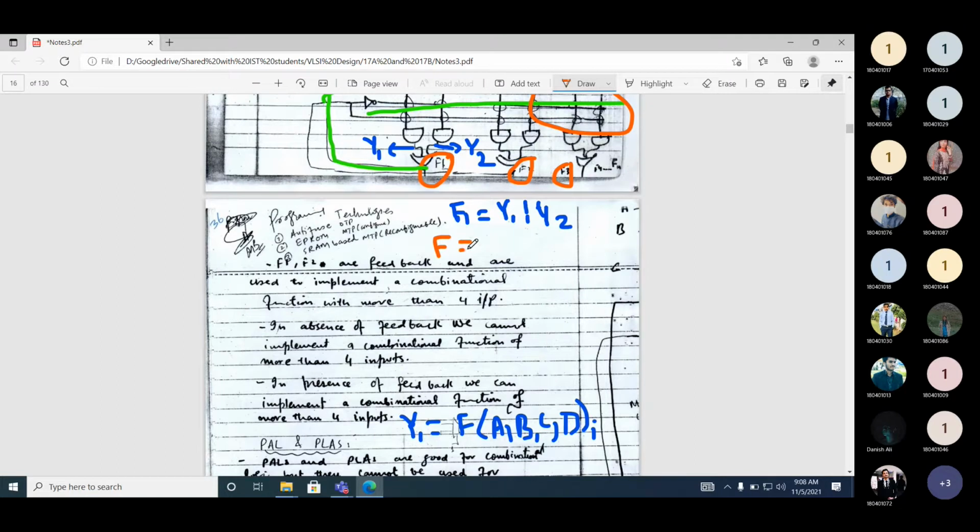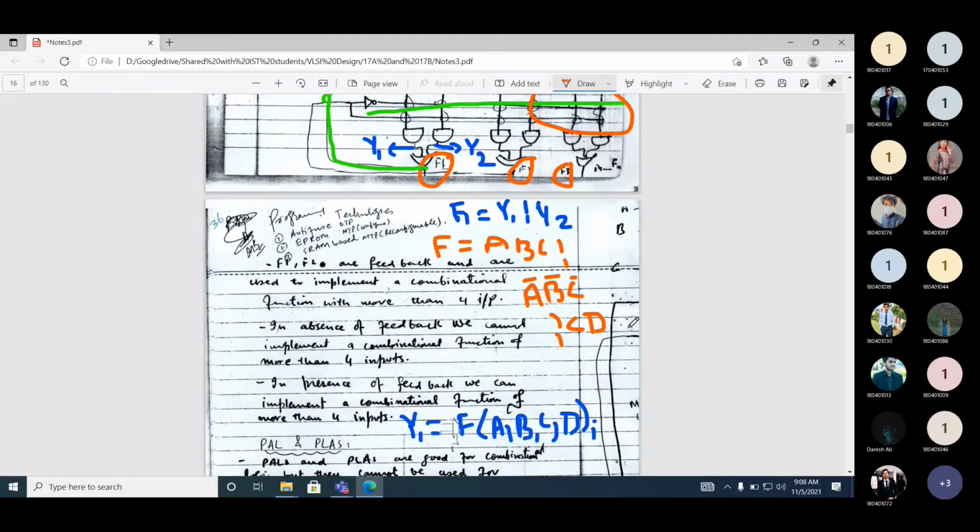You want to implement a function: a b, or a bar b bar, or a bar b bar c bar, or c d. How many minterms are there? Three minterms. Now we have a fixed OR array. When we have a fixed OR array, we can only implement 2 minterms.